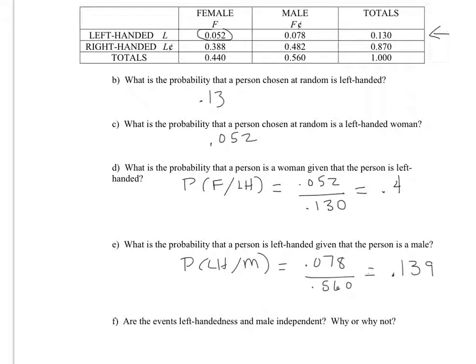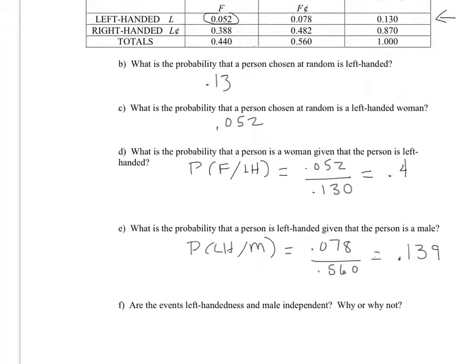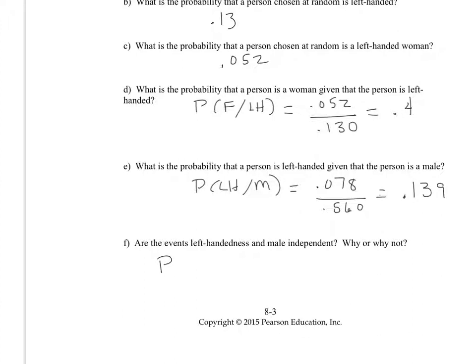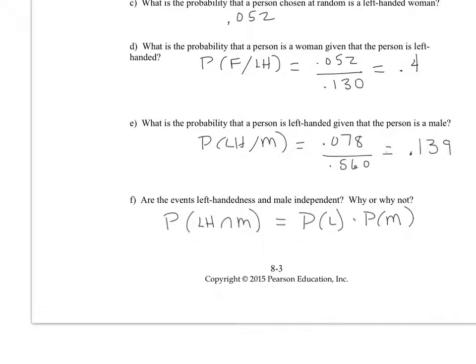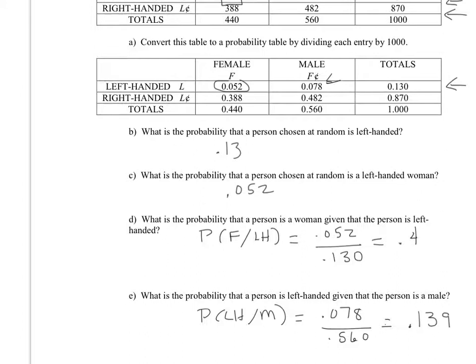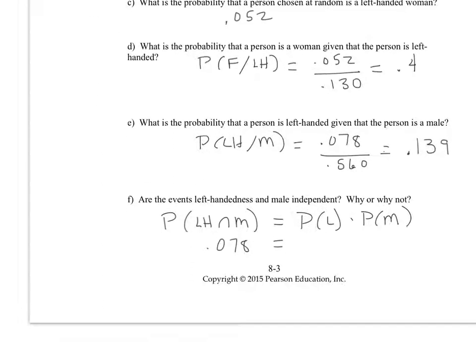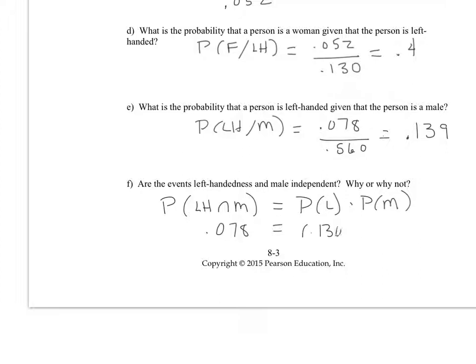Now the question is, are the events left-handedness and male independent? And again, we're answering the question why or why not. So what I need to find out is, is the probability of being left-handed and male the same as the probability of being left-handed times the probability of being male? Now, looking at the table, the probability of being left-handed and male was right here, the 0.078. So let's write that down. And then we'll see what we get when we multiply the probability of being left-handed times the probability of being male. So the probability of being left-handed was 0.130, and the probability of being male was 0.560. So we're going to have 0.130 times